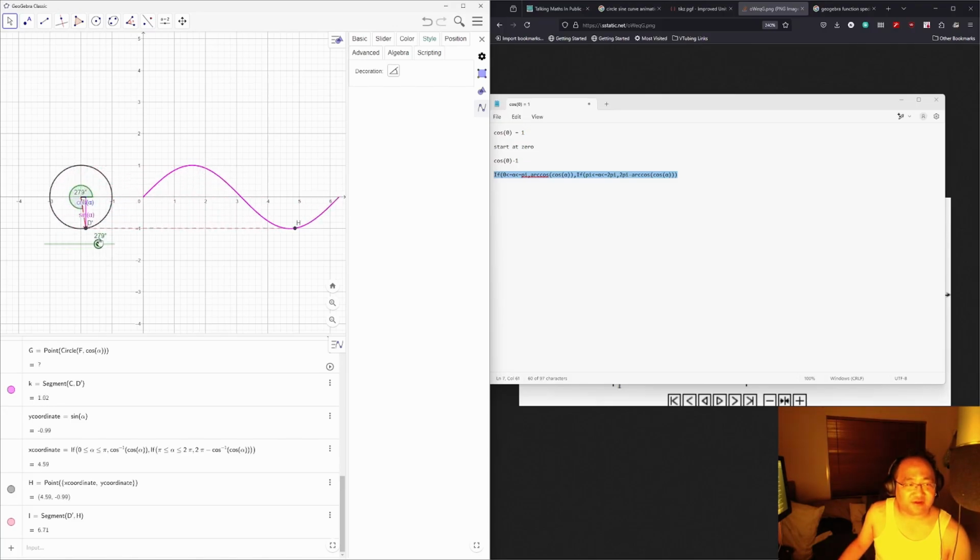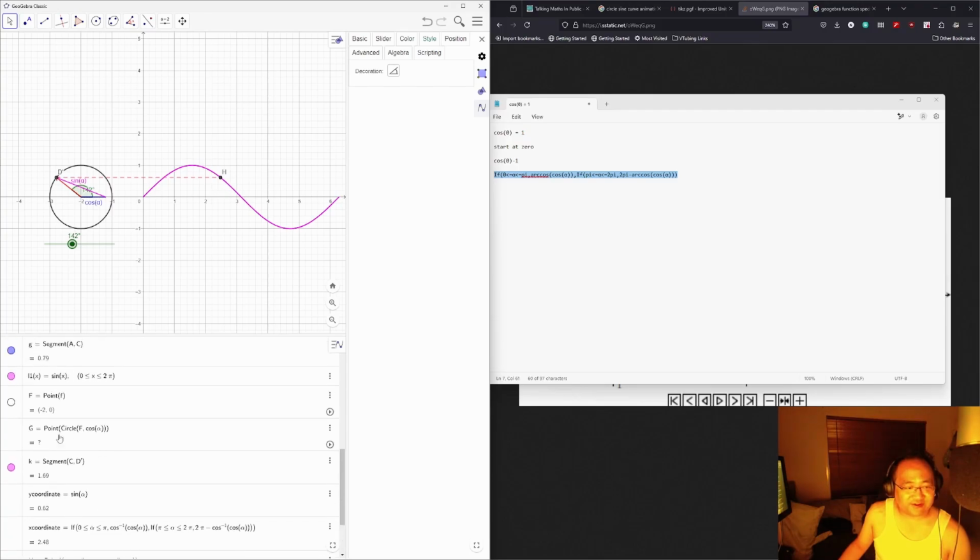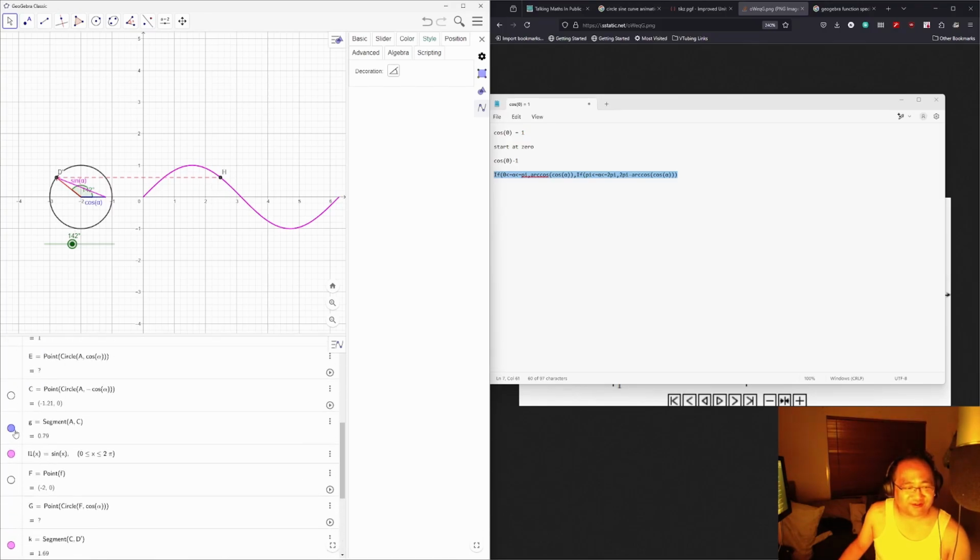Okay, and then oh, my hearing aid's whistling. Okay, so I need to fix this. So the cosine of A is still appearing. So somehow at some point one of my other points got deleted. So it might be easier to set some if conditions, but I'm just trying to think about how to